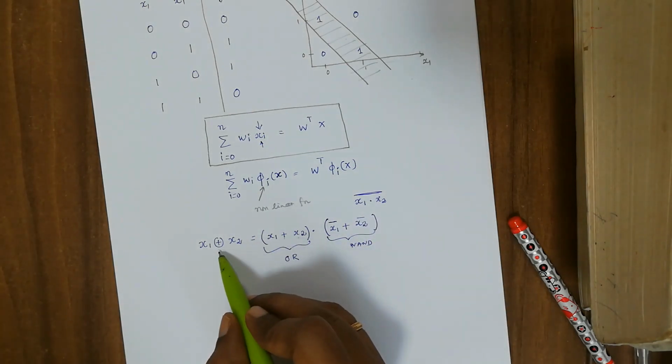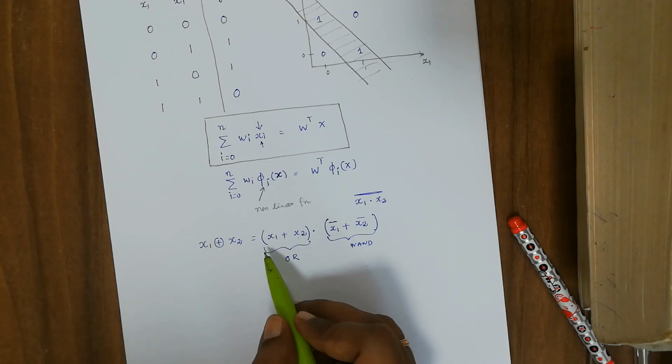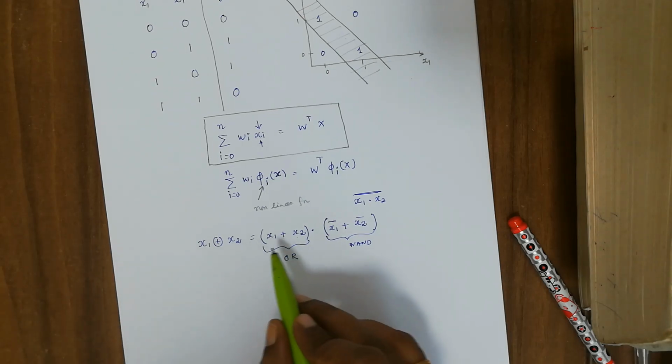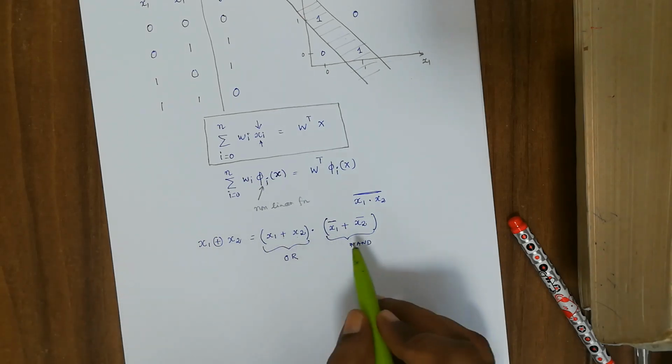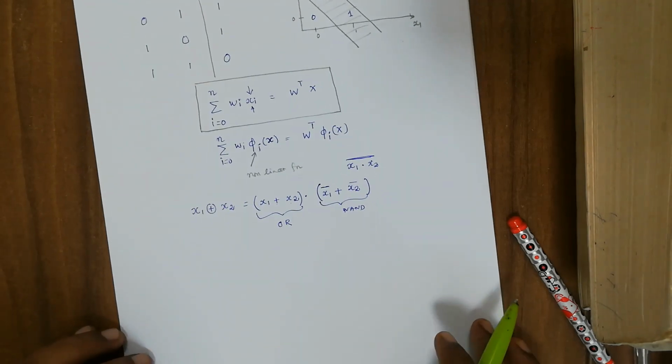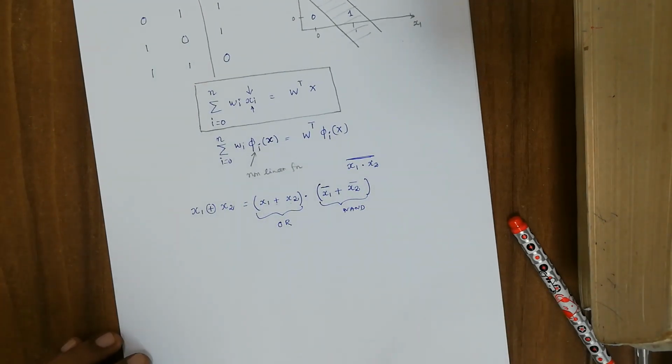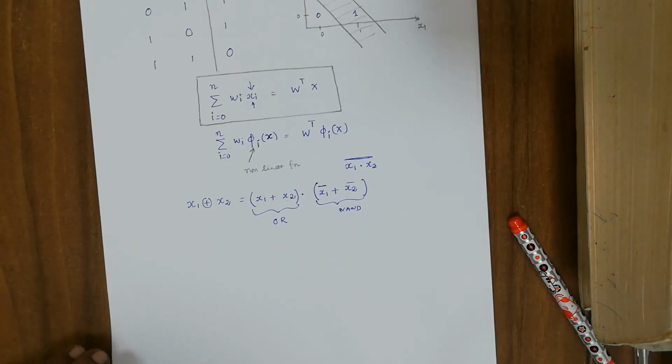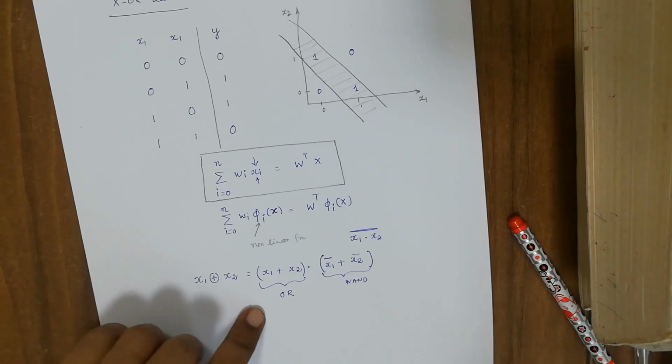The XOR operation can be written using these several small components. Now let us do this in the space as follows. Keep this in mind. Using this, we have to transform the actual input values into the new space.